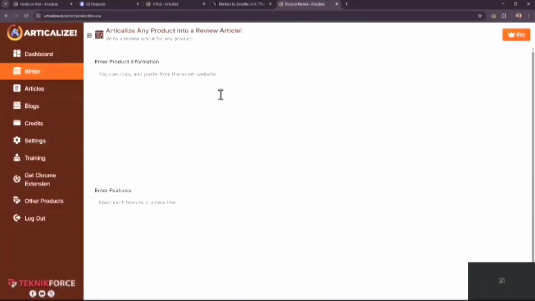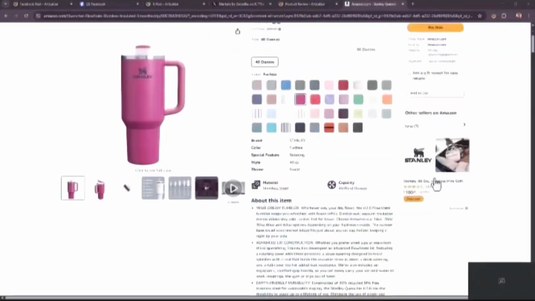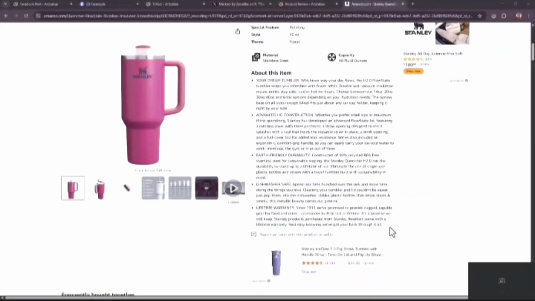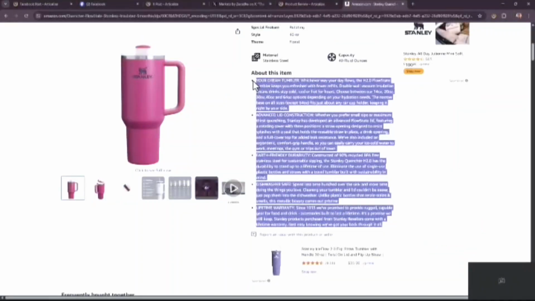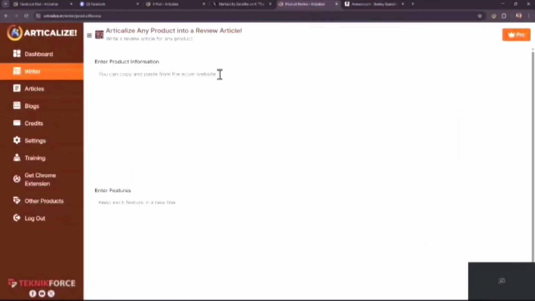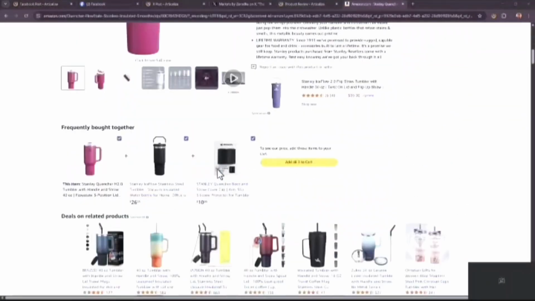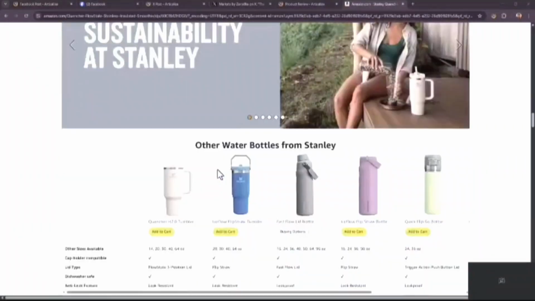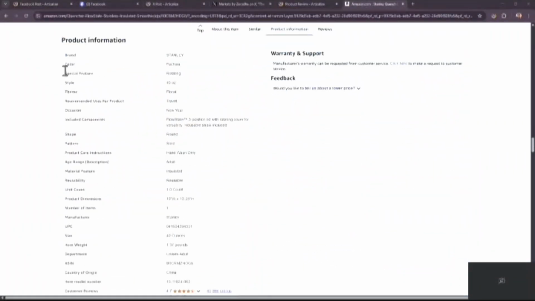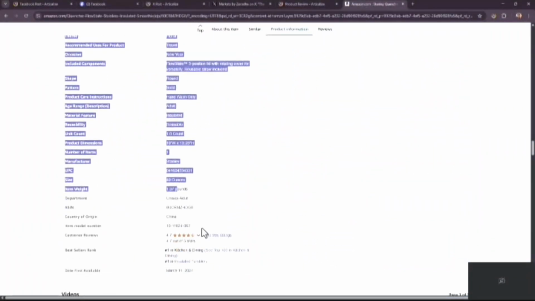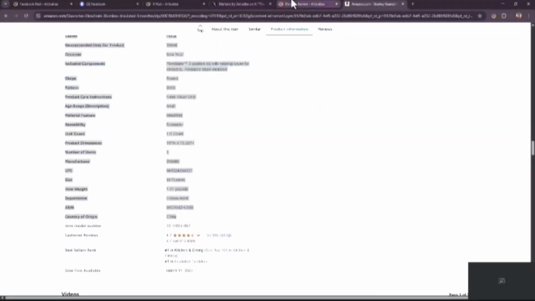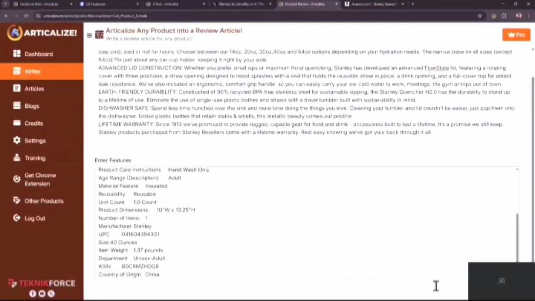You can copy and paste data from the e-com website and you can put in features. So let's do that. How about this Stanley Cup, right? We'll just copy all the matter over here from here, then paste it. Next, we want the features. So we scroll down a little bit, and most e-com websites have this section where they talk about the features. We can choose as many as we want, as many as are relevant, paste them in, and then click on